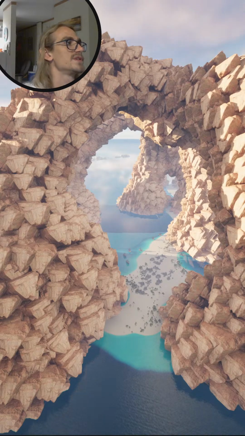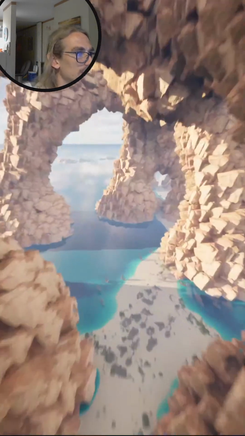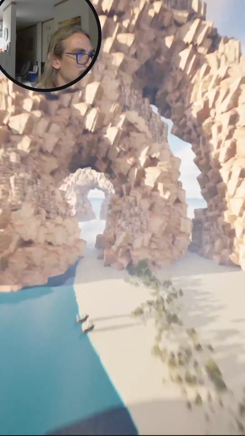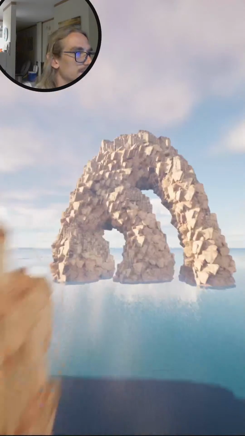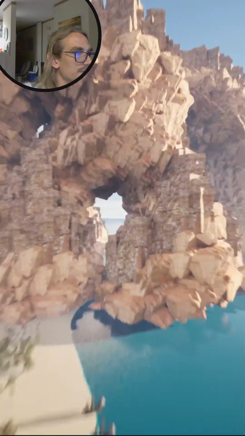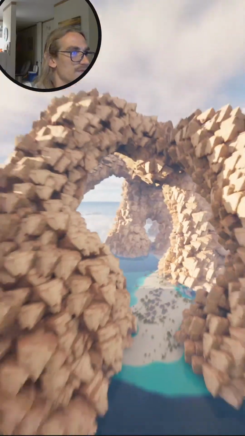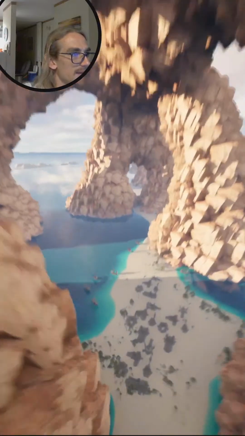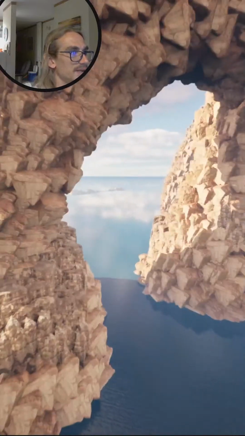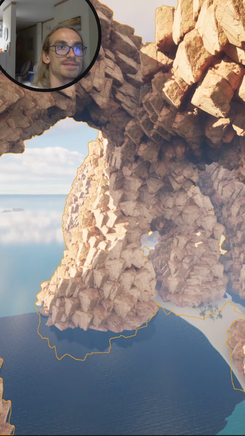Okay, safe. And now we should be able to. Oh, now it feels better. Very crazy rock formation. And now I see it doesn't work so nice for some other rock formations. That's why it's good to have them separate, because now I can come into this mesh and see what's going on,